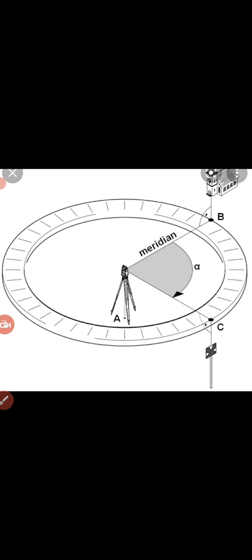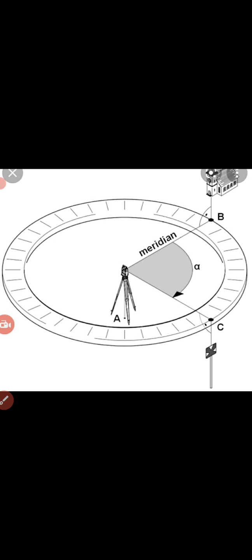So first transit the telescope, keep the vertical circle to the right of the observer, set 0 and clamp the upper, so that the reading won't change. Now loosen the lower clamping screw. Since you are going to do it in the opposite direction, you have to sight to the rightmost point, that is C. So sight to C, clamp the